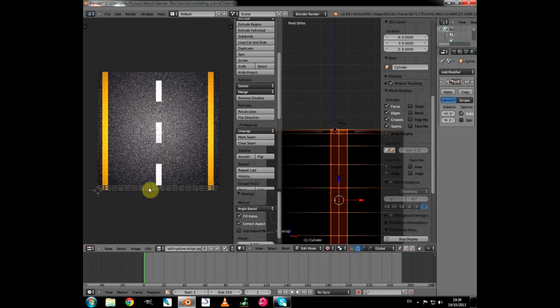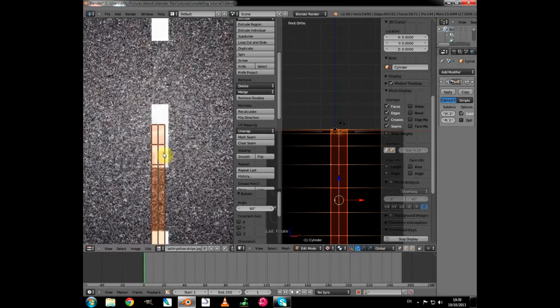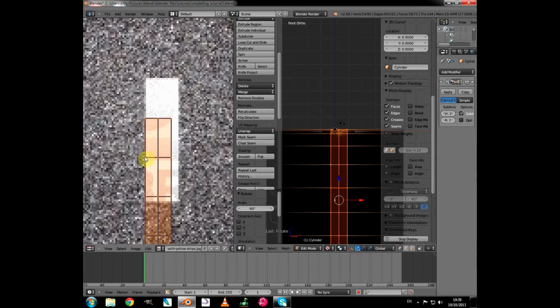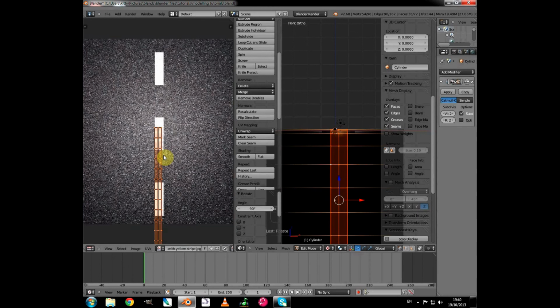So if I press A in my UV image editor, I click and I rotate it by pressing R, Y, 90. Now the best thing we can do is have the whole road fit into these faces. This top section of two faces, we want the whole road to fill that face. So in order to do that, we're going to scale up the faces by pressing S